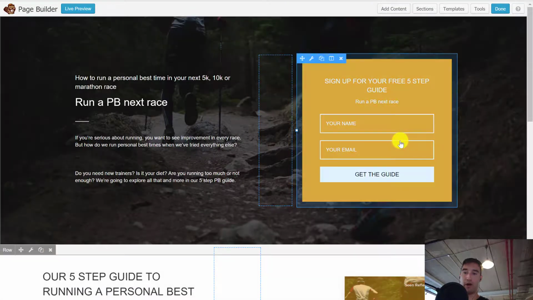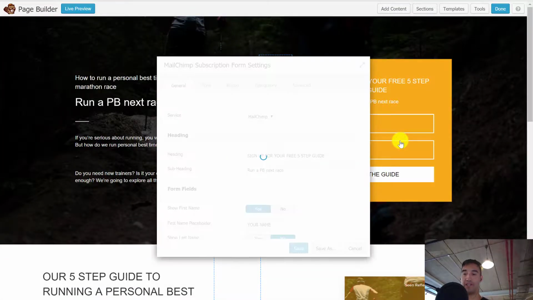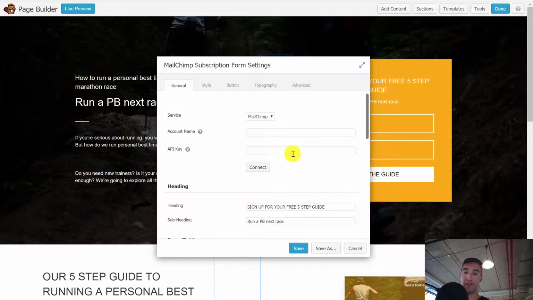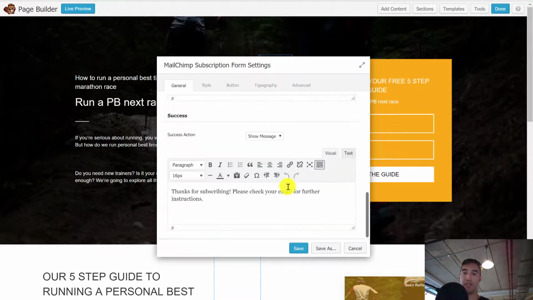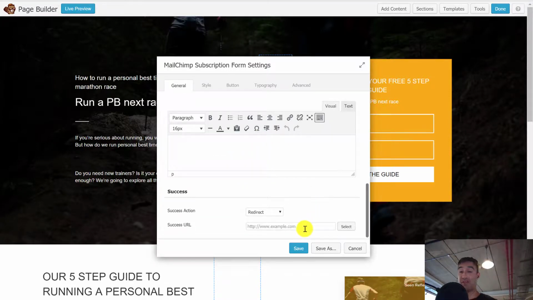Now this is the most important part, is you want to make sure that you are redirected to a thank you page. I'm going to go over how to build a thank you page at another time. But at any of your subscription forms, this is specifically for MailChimp, but they do have a generic subscription form, or maybe use Gravity Forms or something. What is important is you come down here and you click redirect, and you redirect them to a thank you page. Now we haven't actually built the thank you page yet, so don't worry about this too much. But I'm going to, for the time, put the hashtag. Usually we put the thank you page in here first and then work backwards, but I just kind of wanted to show the process that we're running through. So I'm going to hit save,